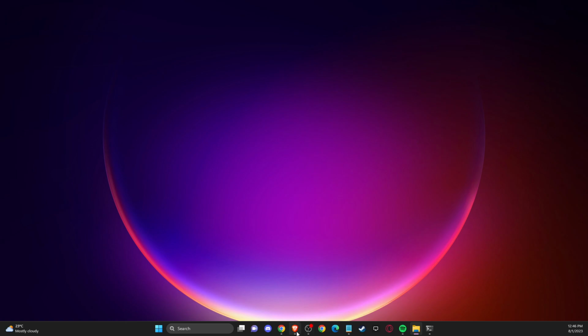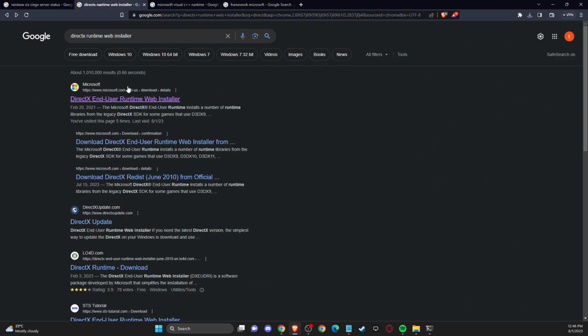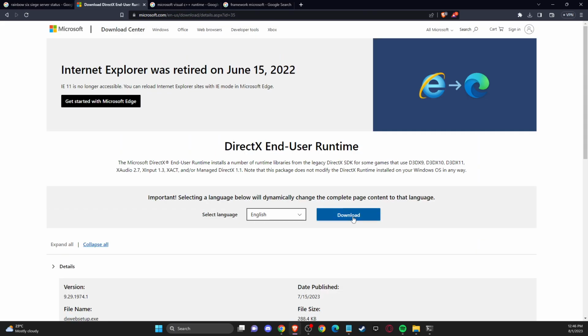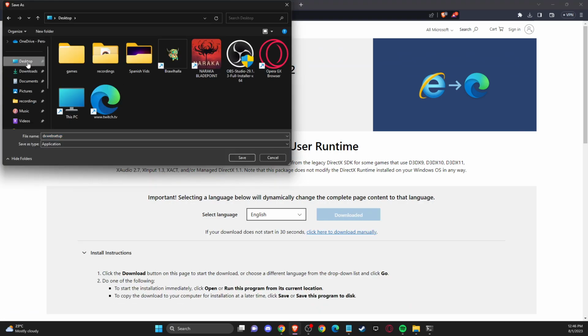First of all, open a browser and then you need to write on Google DirectX runtime web installer. Probably it will be by Microsoft, first link here, and you need to download this setup here, save it